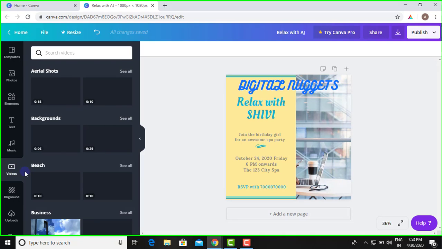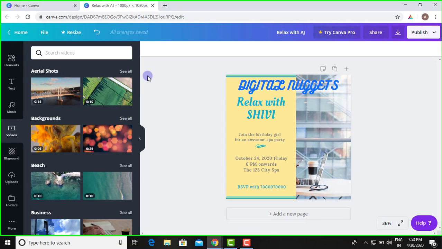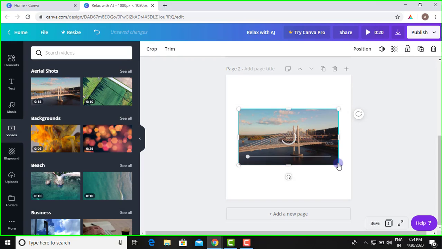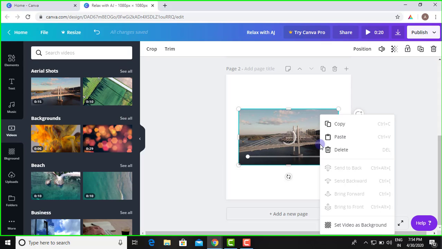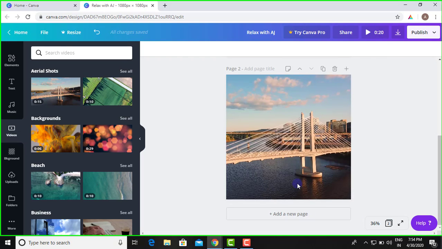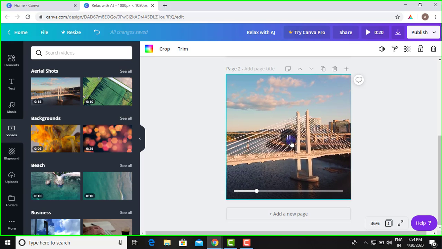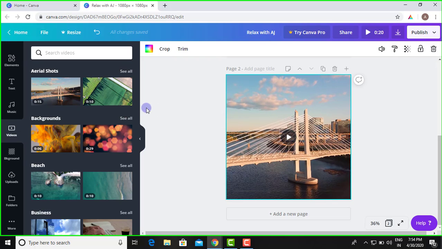And if you want to add video, it's Canva. The simplest thing on Canva is just drag and drop. You can drag a video, drop it to your page. So if you click on that icon, it will go to a new page. You can click on video. So the video is there on your design. If you want to have it on your full screen, you can select set video as background. So now this video is completely using the secured space for Instagram posts. So now this video is your background. You can add text, you can add stickers, you can add emojis, you can add your own photos on this video.